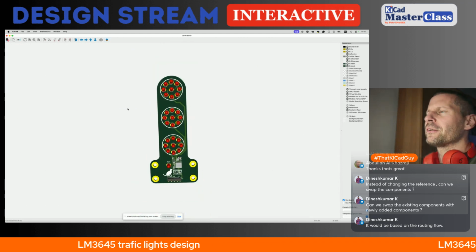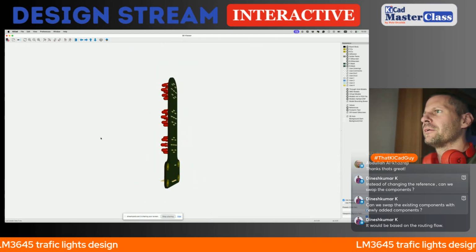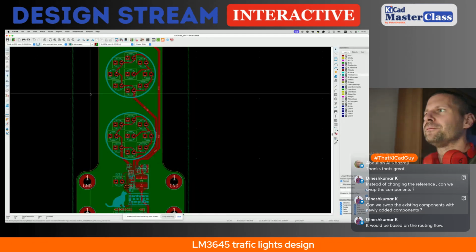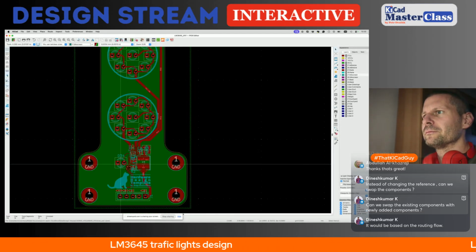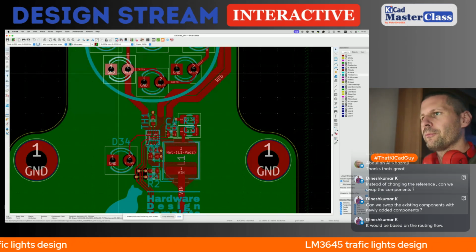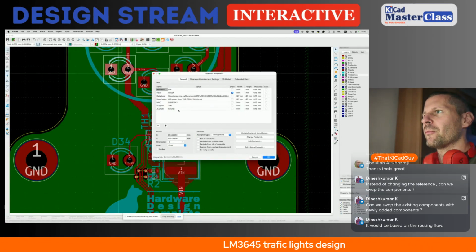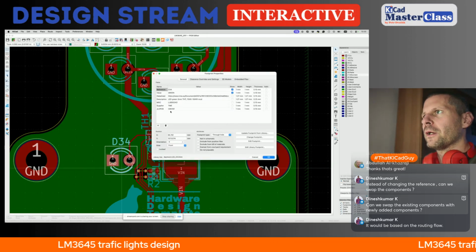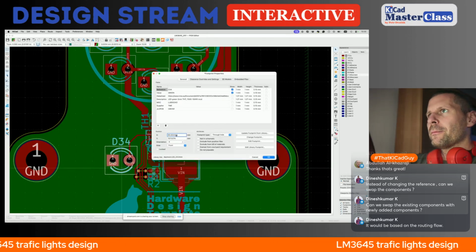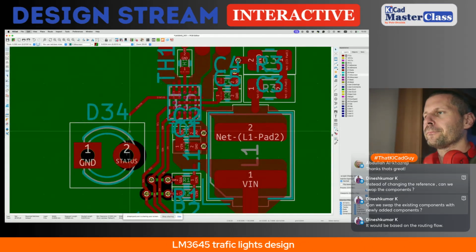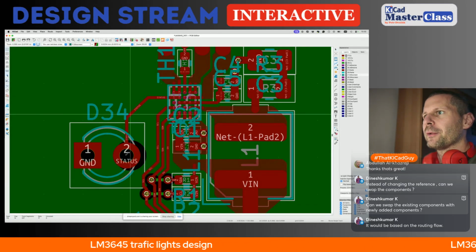This is nice. I love it. I have to push the status LED more far from the IC to be just below the LED here. It's a detail, but